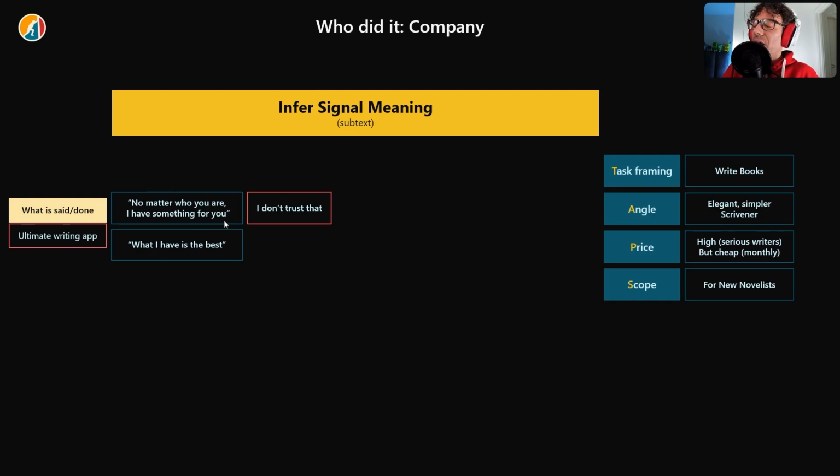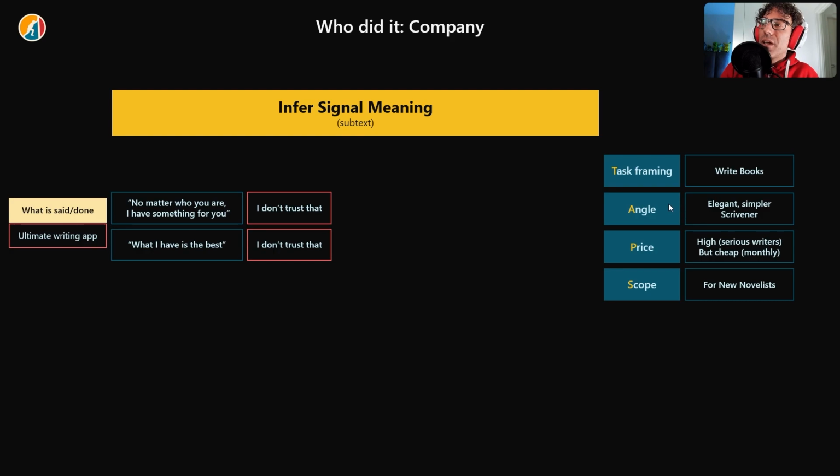Also, we are saying I not only have everything, but everything that I have is the best. And we intuitively know that if you go for a generic solution, or a broad solution, it's going to have a lot of things, but it's going to be kind of mediocre. One that has everything and is the best at everything, yeah, that doesn't play well.